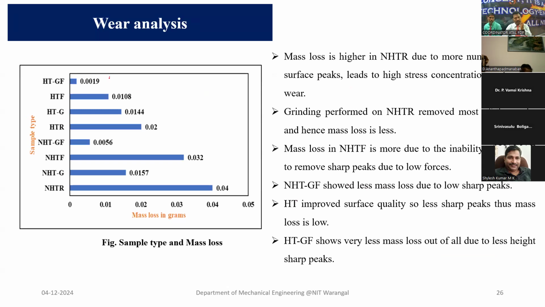So wear resistance is also good, because already I told you the wear resistance and corrosion resistance are good for the heat treated, ground and finished surface. This is because of the better finish, so the Ra value is less. So obviously wear resistance is more and corrosion resistance is also more. And also because of the internal residual stresses, it will be helpful to reduce the wear and to reduce the corrosion. Of course, corrosion values are not given here, but we are able to reduce the wear and corrosion also because of this process.